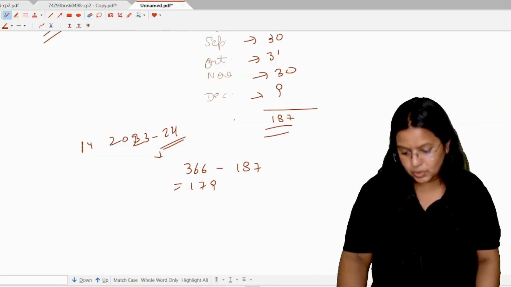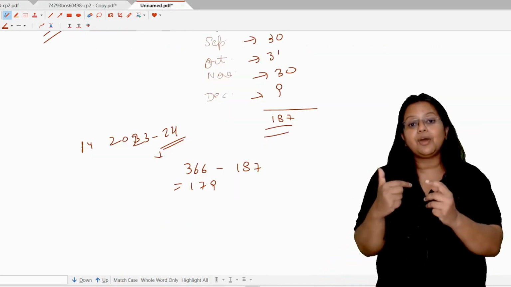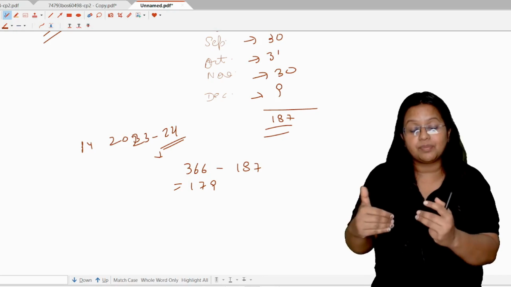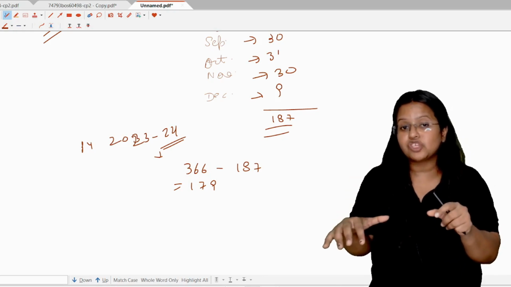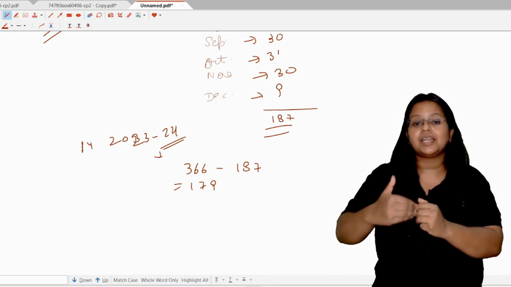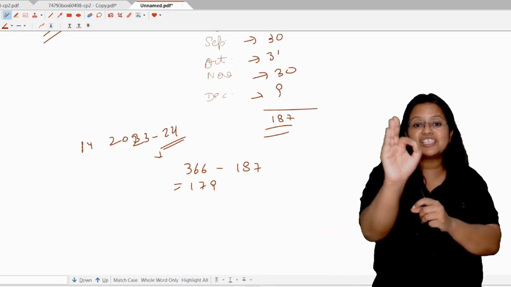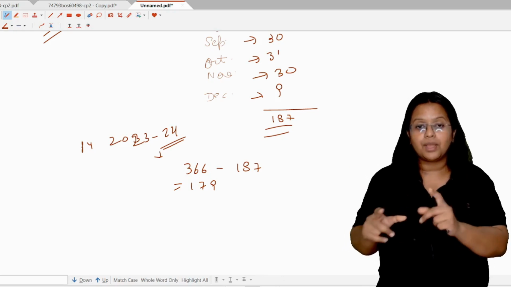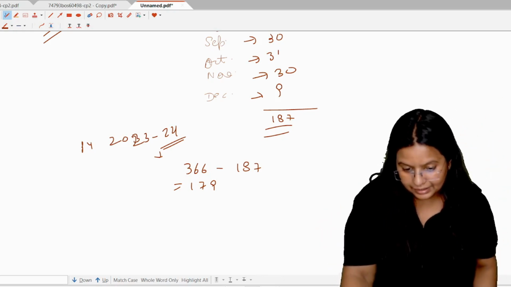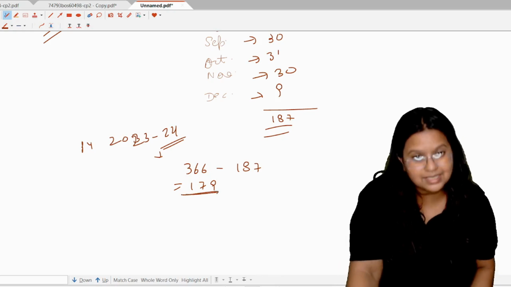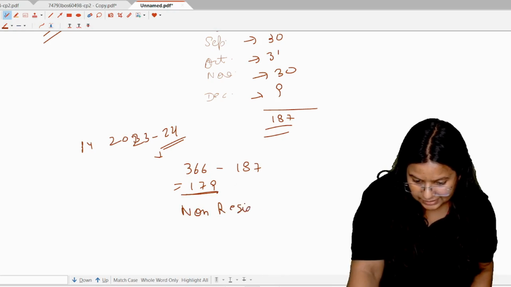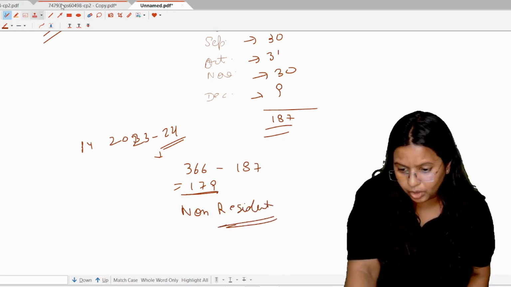And as students, he was a member of a foreign-bound Indian ship. He is a crew member of the foreign-bound Indian ship. So what is the basic condition we have to check here? That for becoming a resident, Mr. Anand must be in India for at least 182 days in the previous year, because the second condition, 60 days, is not applied to that person. And he is in India less than 182 days, that is 179 days. So Mr. Anand is a non-resident in this case. I hope you got my point.